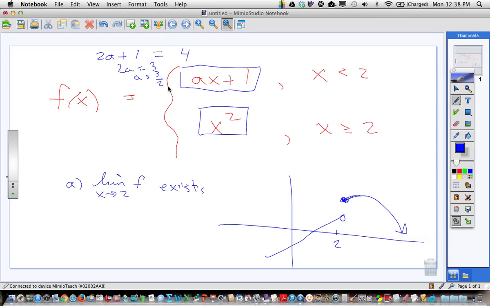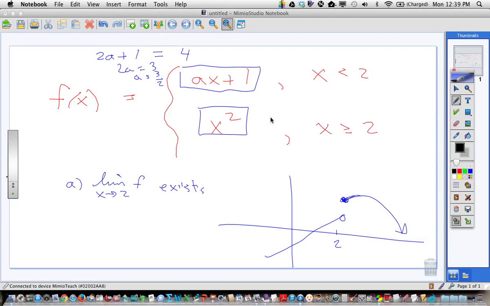If this was together. If you plugged a 2 in for x, these two y values would have to be the same. So you do exactly the same thing in 67A. Except is it a 2 where they break? Yeah, it is a 2 where they break. So you put a 2 in for x, you set the two of them equal to each other, and you find A. Same exact question. All right, now,